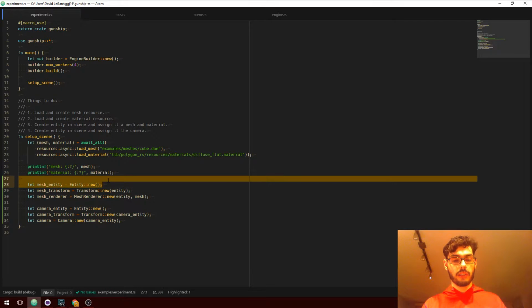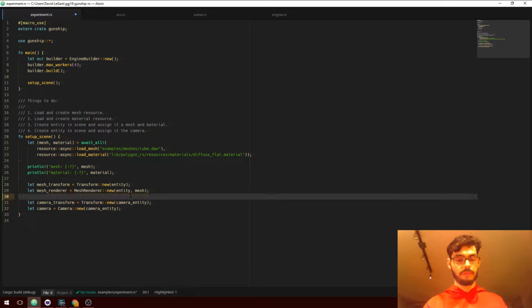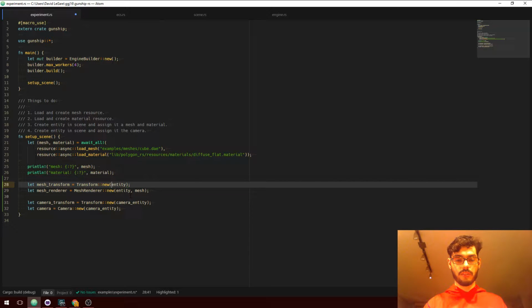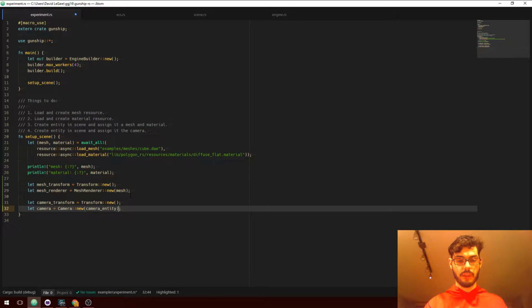But for now, I'd like to go with a maybe simpler solution where we get rid of the entities and we just have components. Although components will no longer be components, they will just be resources? I don't really know what I'm going to call them.